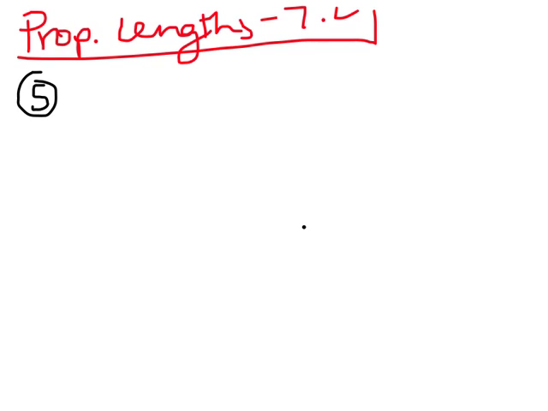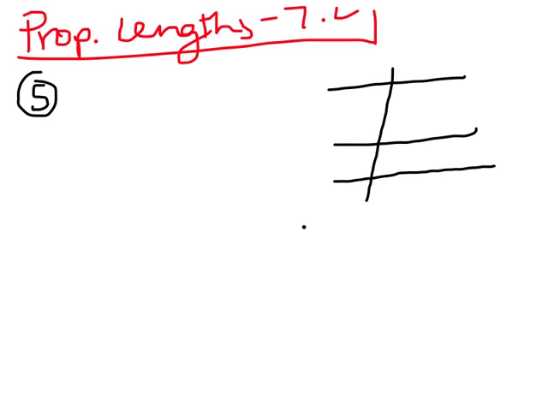All right, so on number 5, you've got 3 parallel lines, and if you remember, when you have these parallel lines, they cut these side pieces into pieces that are proportional. So I've got 9 and 3, and I've got 12 is this piece, and then this whole piece here, I'm going to use a color to, let's see, from here to here is x. So if I'm trying to solve for x and I want to make a proportion,